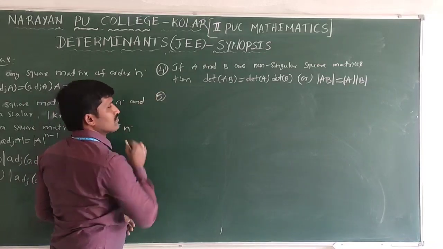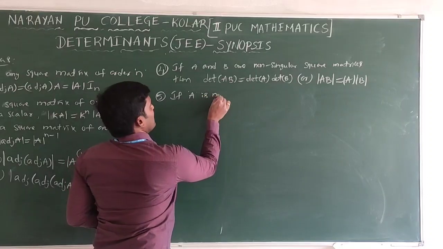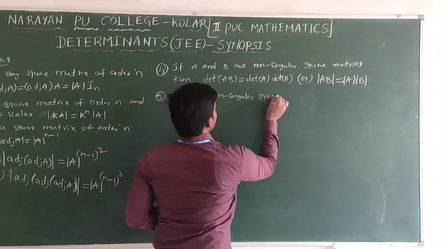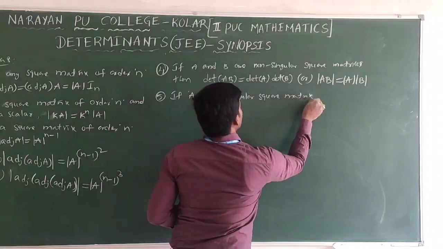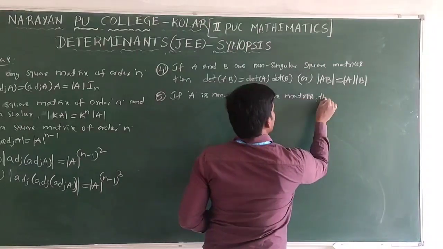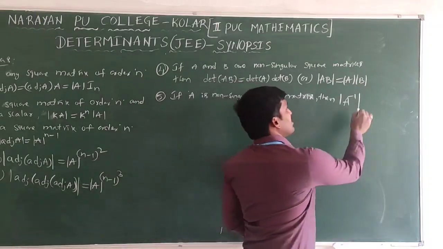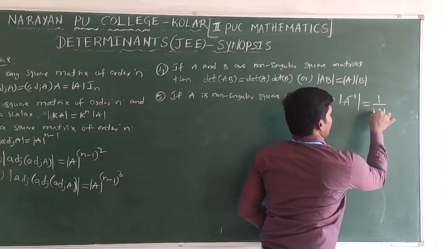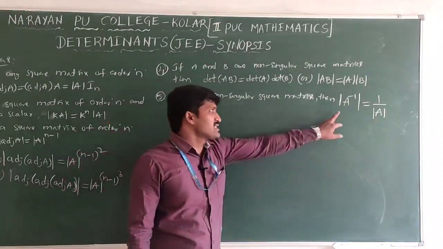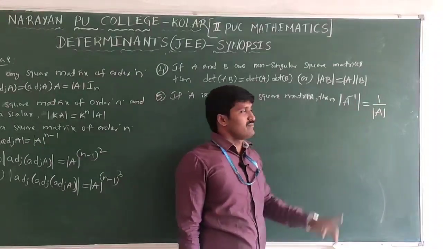Next, one more. If A is a non-singular square matrix, then det of A inverse equal to 1 by det A. If it is non-singular, det A is not equal to 0. In that case this is possible. Det of inverse matrix and det A are reciprocal to each other. Next,